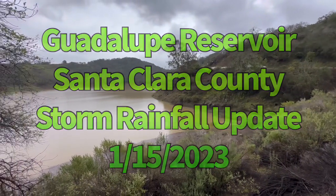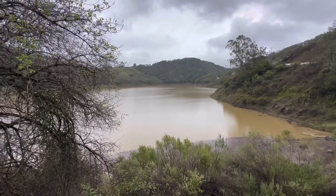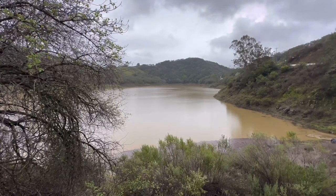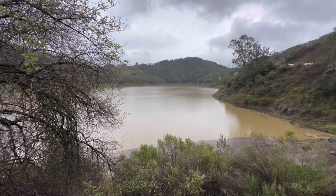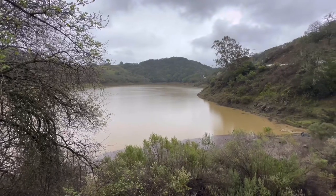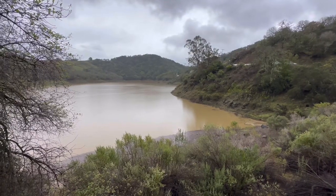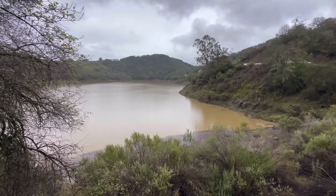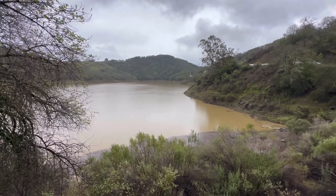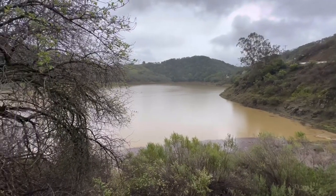Recently, California and the whole West Coast has been experiencing an atmospheric river of steady storms that have dropped inches of rain on the state and the greater West Coast, resulting in great damage to property and unfortunately taking some lives in some cases over the last several weeks to begin the year of 2023. So today we came over to the Guadalupe Reservoir to take a look at the recent rainfall's effect on the dam. As you can see from the video,